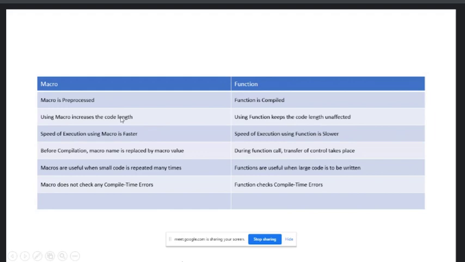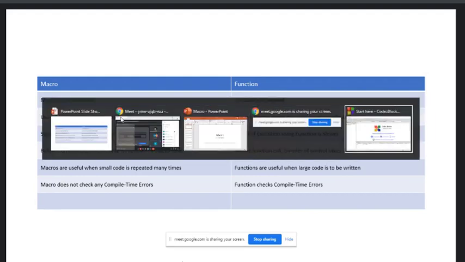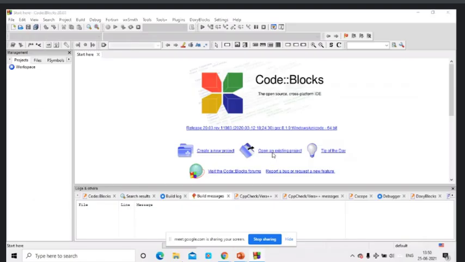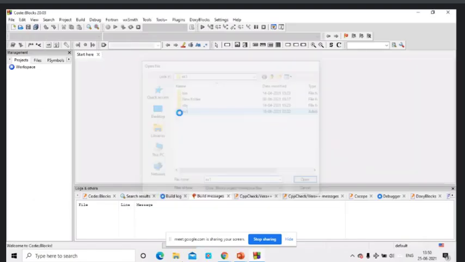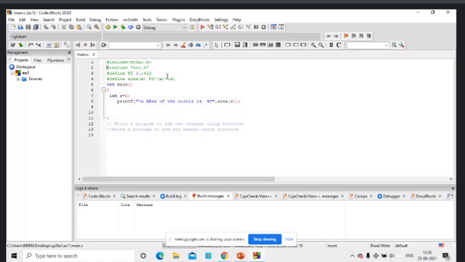If you use macro, let's say you are defining a constant. Here I have used a different constant.